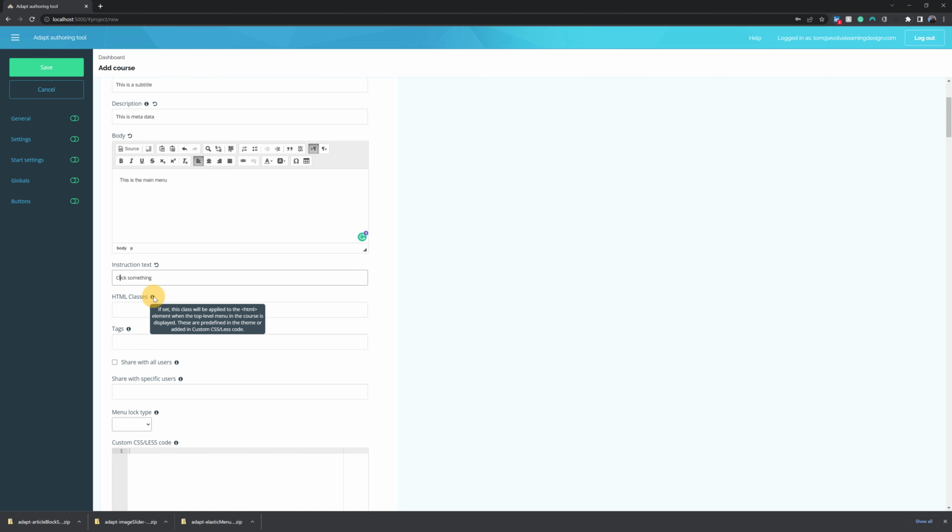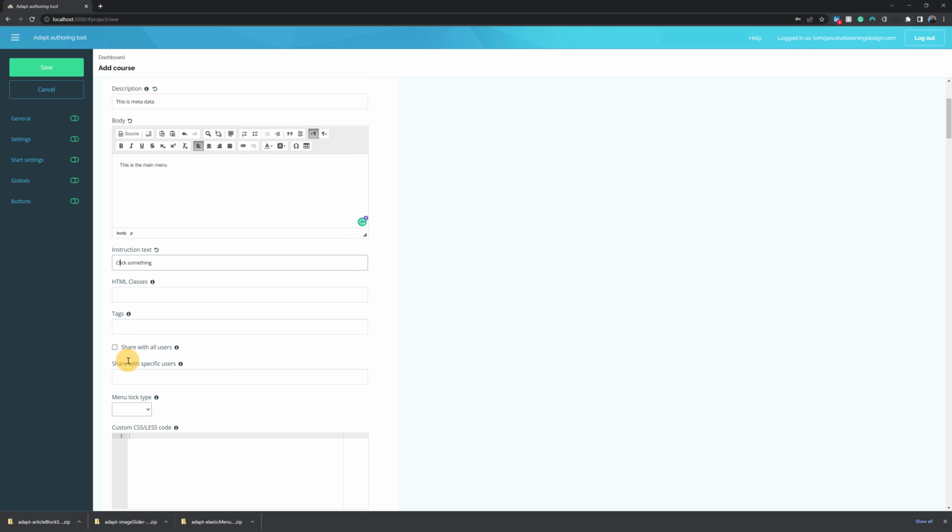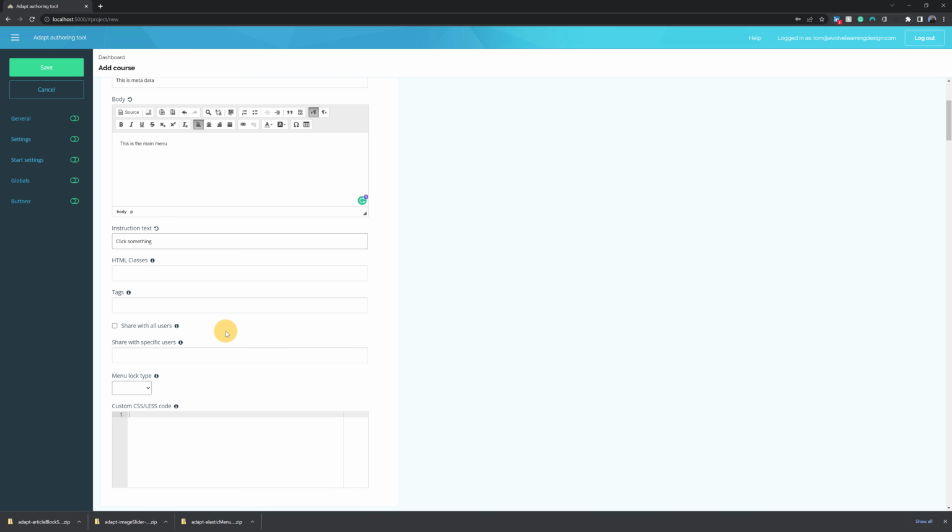Now, as you can see here, this just allows you to apply HTML classes and elements to the top level within your menu. You can also apply tags to make searching easier, and decide whether or not this course is available to all users using your instance of Adapt, or if you want to share it with specific users. Given this is a local installation, I never have to worry about this, but if you're using a server-based version, you may want to consider whether or not you want everyone looking at your course, or just a select group, or indeed no one. If you leave everything unticked and no one specified, no one else will be able to